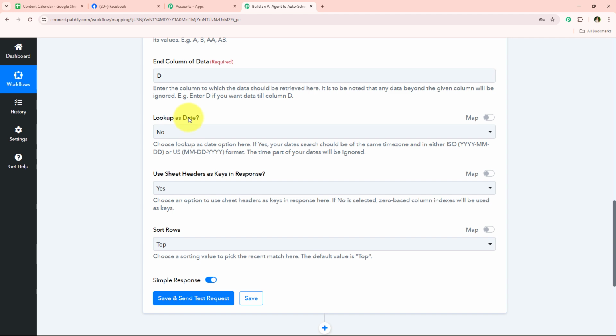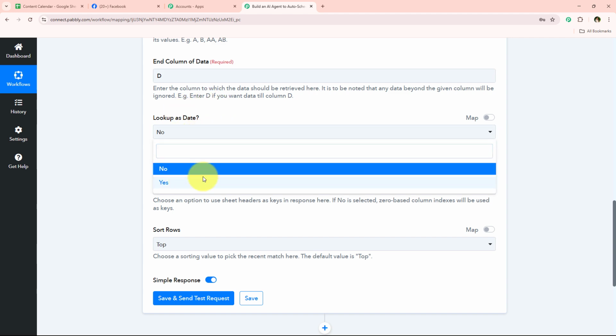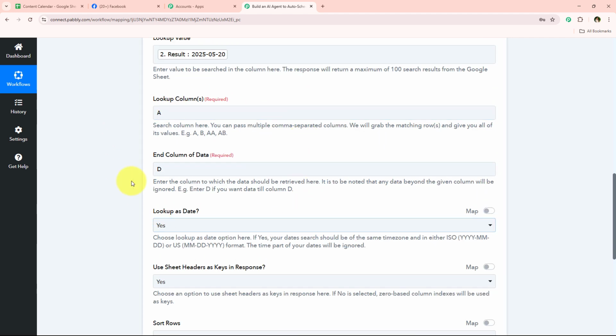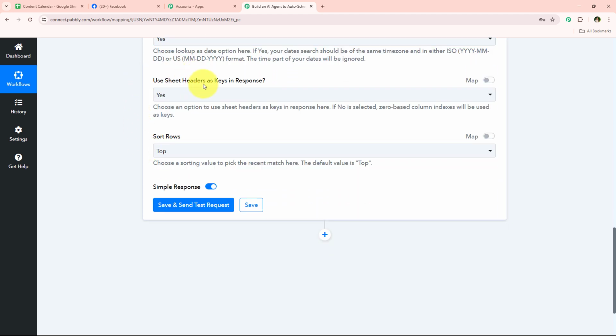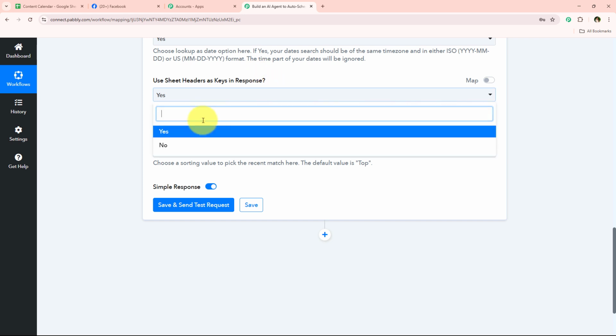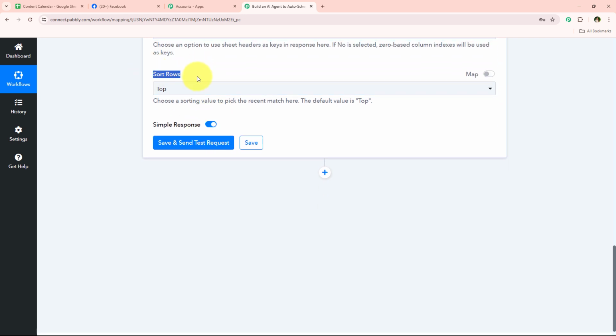Now it is saying lookup as date. So yes, lookup is a date. So I'm simply going to keep it as yes. So you have to enter these details according to your own spreadsheet, right? And now it is saying use sheet headers as key in responses. I'm just going to keep it as yes. And it is saying sort rows. I'm just going to keep it as top right over here